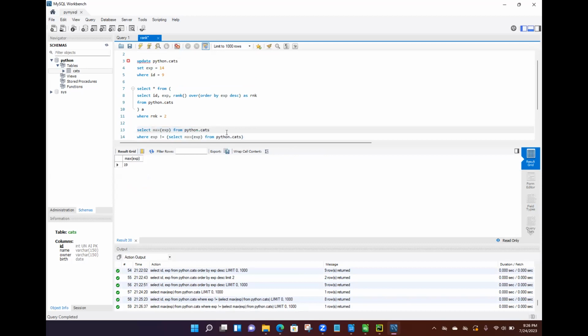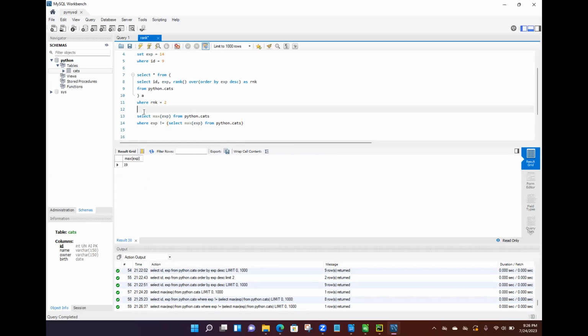Correct. So this entire thing I'll also be passing as a filter again. So select, again, put an outer select: ID, comma, experience from table, where exp in